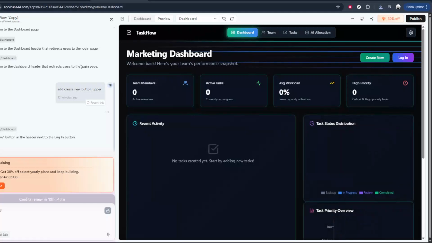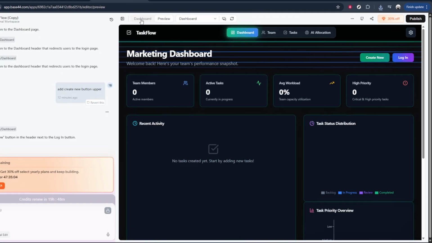In today's video, I'm going to teach you how to find your app code in Base44. Whether you're just getting started with Base44 or you need your app code to integrate with another tool, knowing exactly where to find it will save you time and confusion. In this walkthrough, I'll guide you through the process slowly and clearly so you can follow along on your own